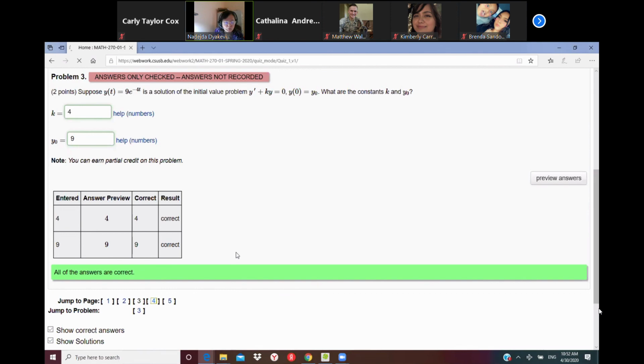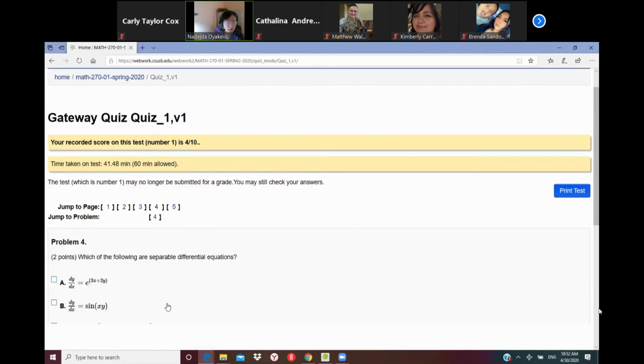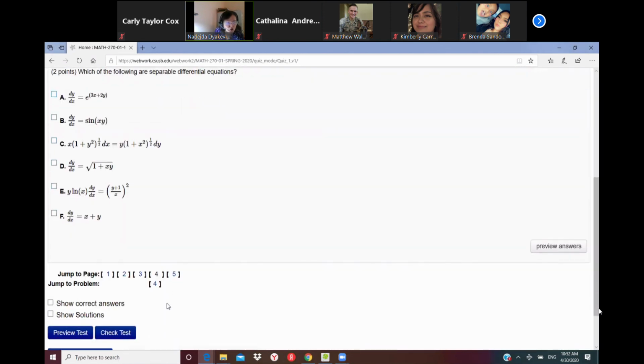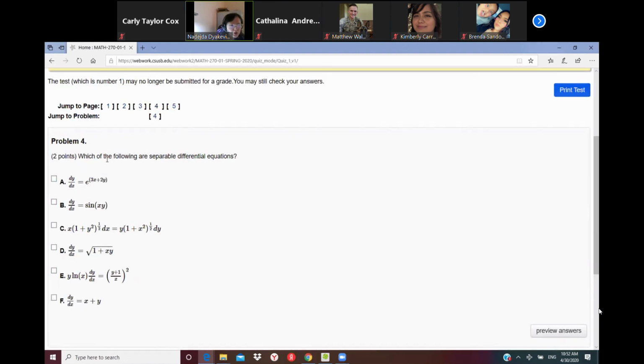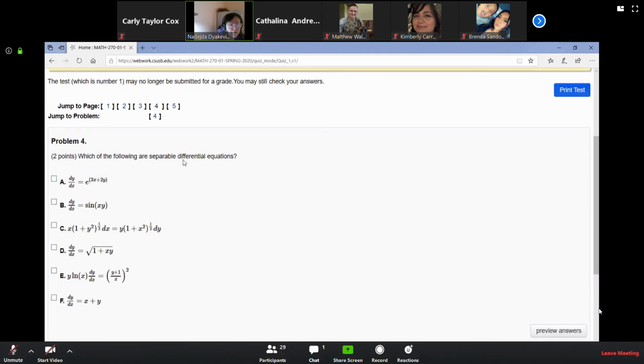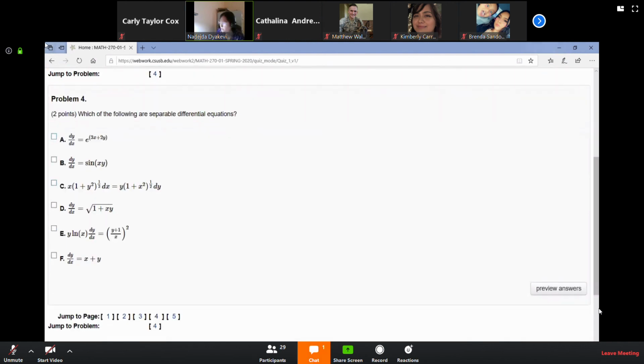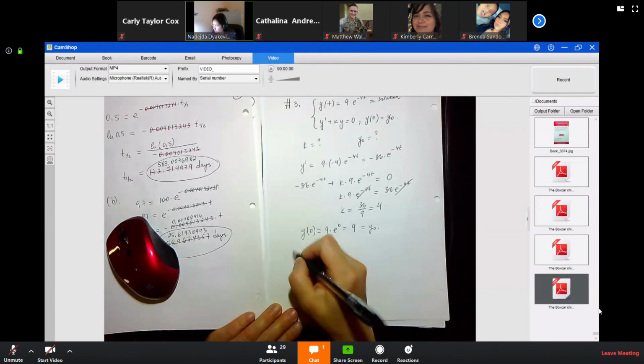So moving to number 4 now, and this is the one where you have to match. No, you don't need to match. You just need to figure out which ones are separable differential equations. So separable means you can. Let me move here. So number 4,